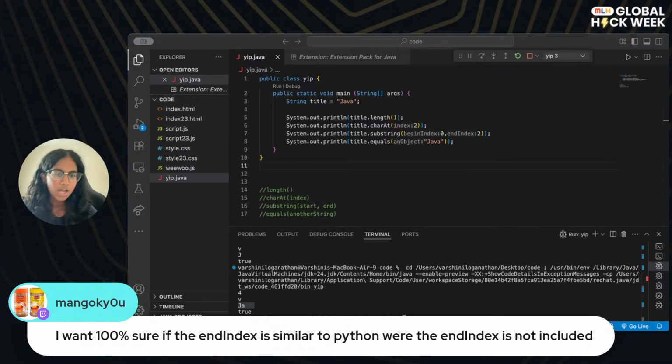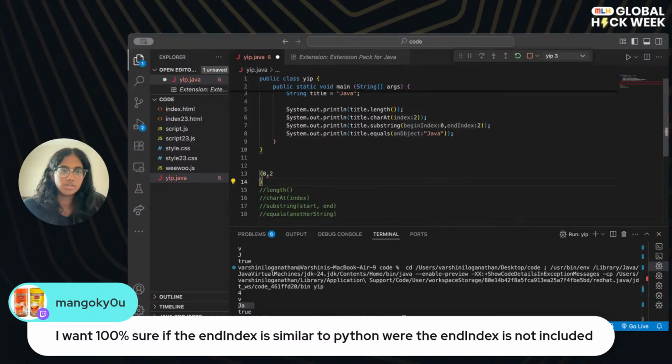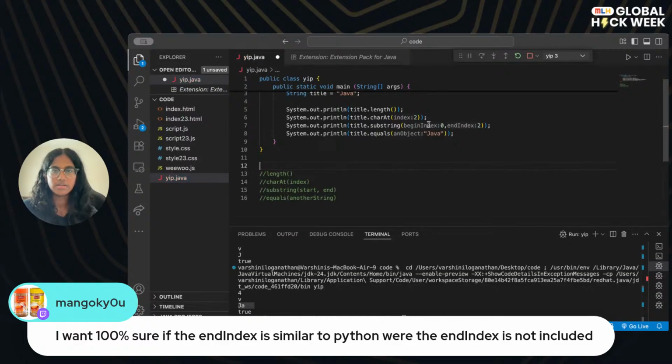Yeah, I think this is because I downloaded an extension. I've honestly never seen this before. Usually it's just gonna be like 0,2. It'll look like that. But I think because the Microsoft extensions were downloaded, it automatically adds that in, which is good. I mean, it's interesting. It adds more context to the code.